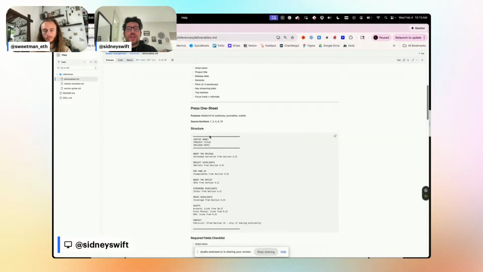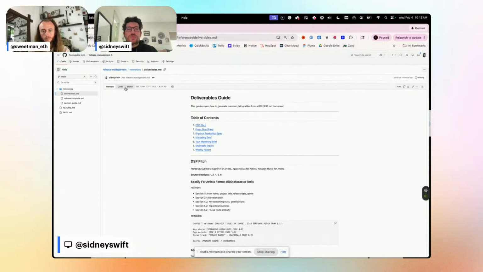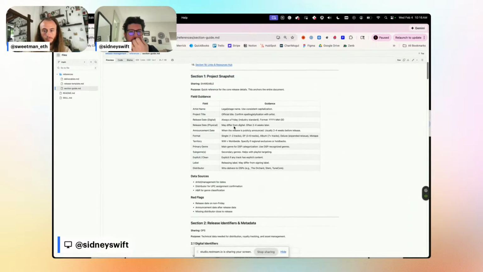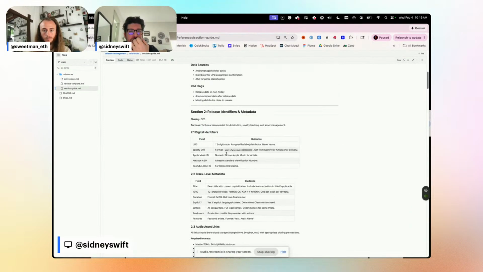How do you do that, and where does that information live within it? And then what do the other references do? The release template, the full one, is there, and then section guides is there, defining what the purpose of each one is. So